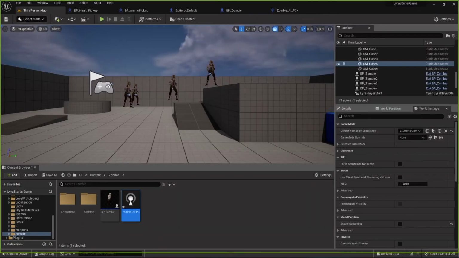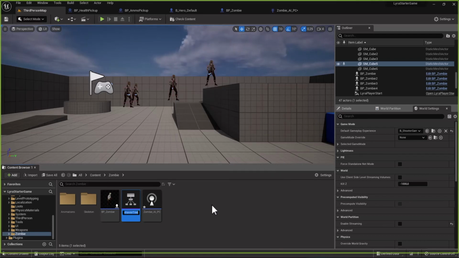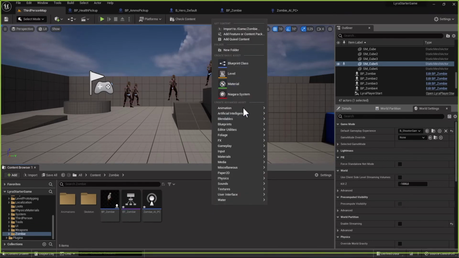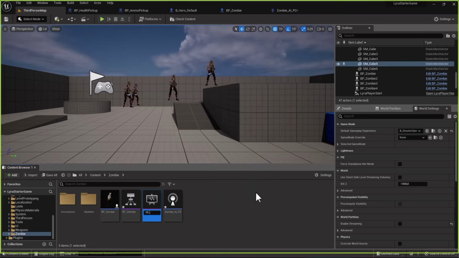Okay, we need to create also artificial intelligence a behavior tree, and we will call it BT for behavior tree zombie, and another one a blackboard BB zombie,